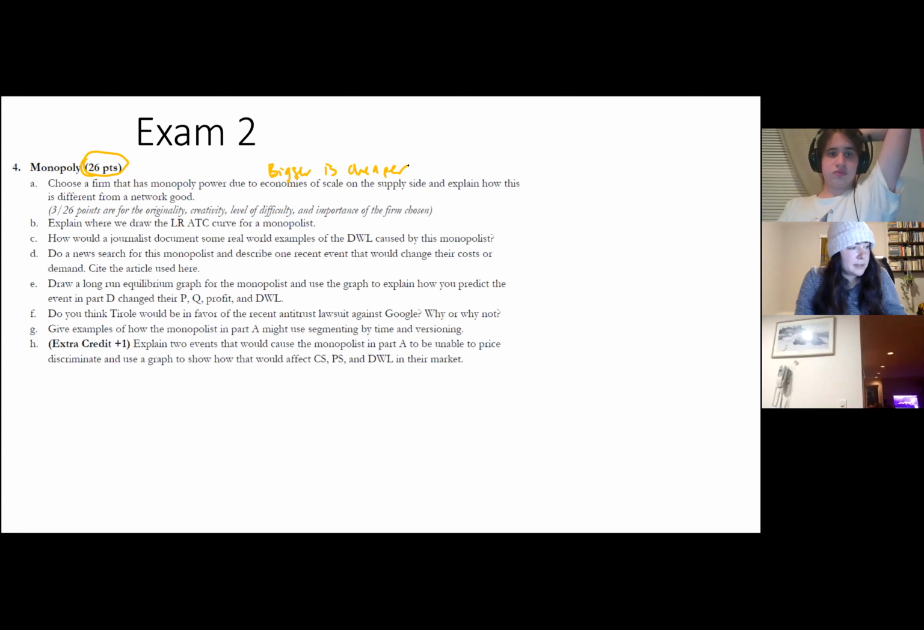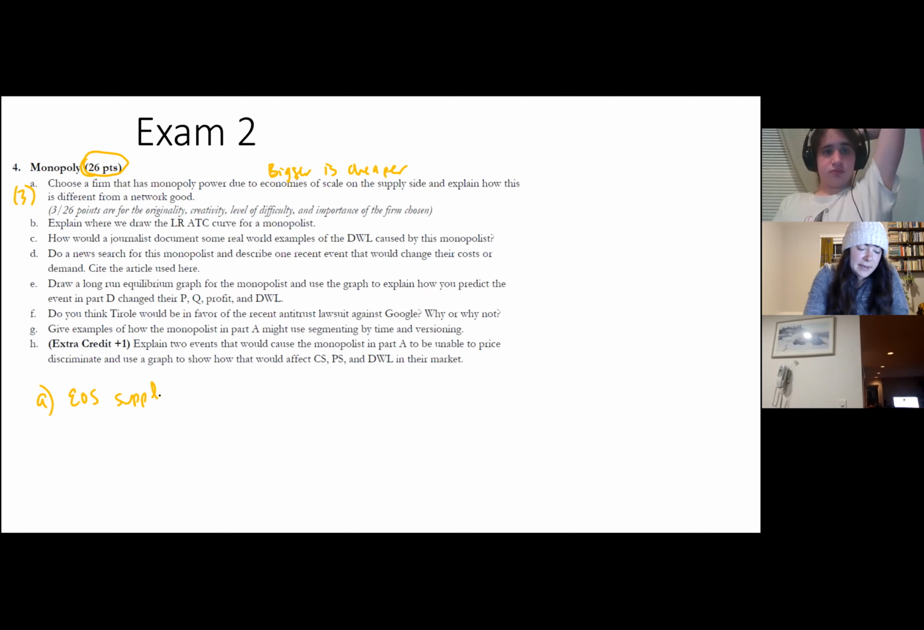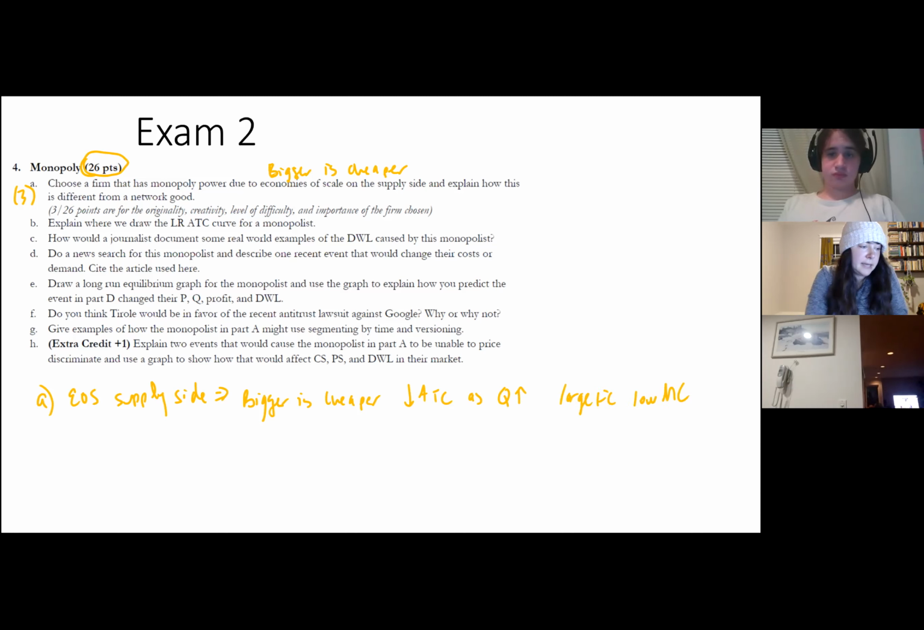Whichever you choose, the points in 3 were about a few things. So it was 3 points for part A. Sorry. Choose a firm, explain how it's different from a network good. So A was about explaining that economies of scale on the supply side means bigger is cheaper. It means that your average total costs go down as you produce more. You probably have really large fixed costs and really low marginal costs, like a ski resort, or you have a lot of learning by doing, power over suppliers, buying in bulk. So it was 1 point for explaining that, 1 point for picking a firm that would match that, and 1 point for saying this is not a network good